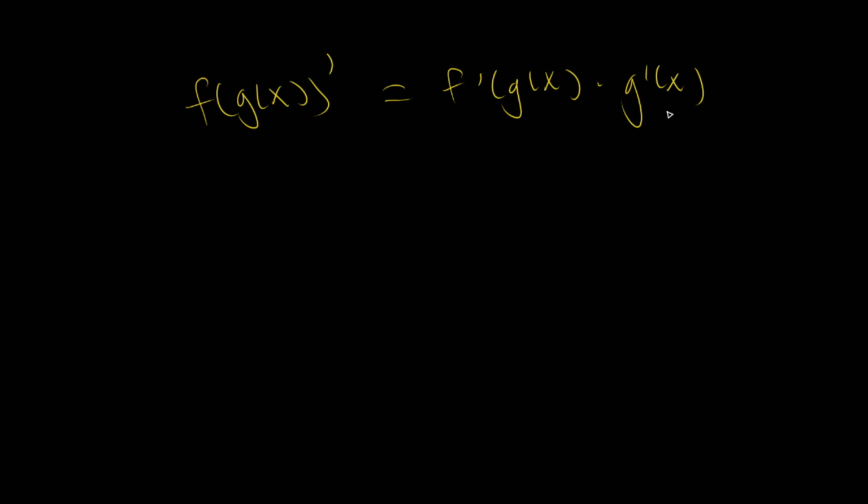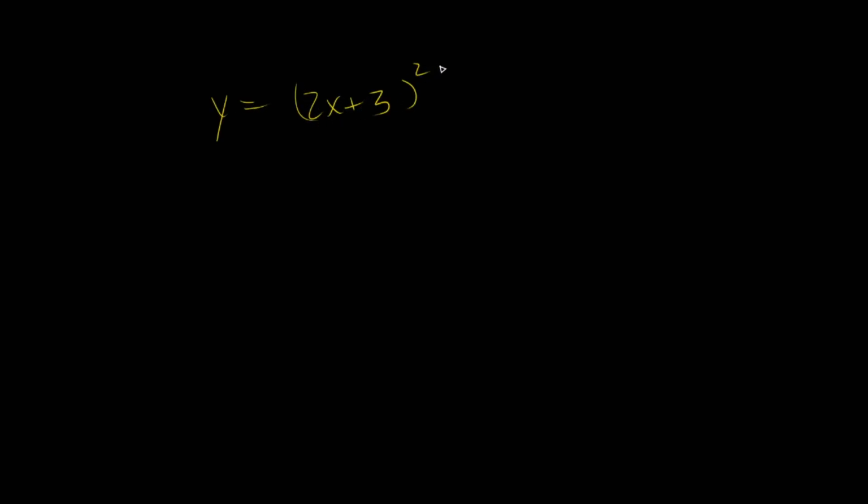Now, I'm going to give you some intuition as to why this is with an example. So let's say I have the function y equals (2x plus 3) squared. Now, instinctively, you might think to take the power rule and drag the 2 out, minus the power by 1, so y prime equals 2 times (2x plus 3). But this is actually false. Because if you actually look at the formula for the power rule,